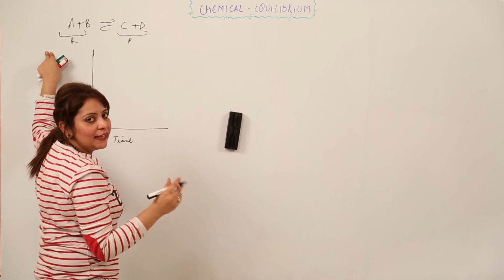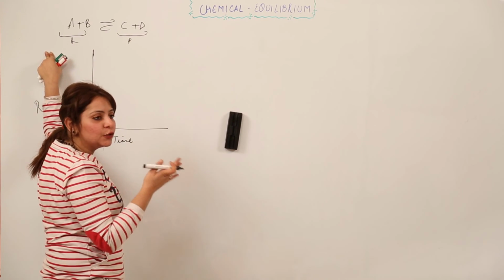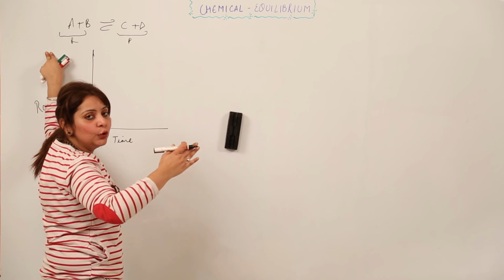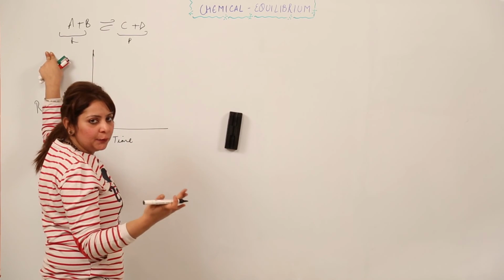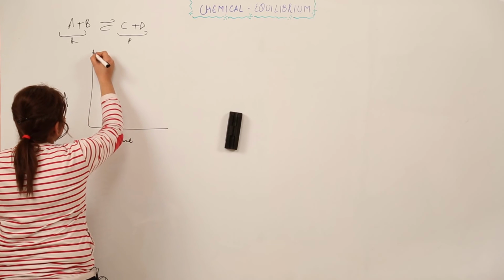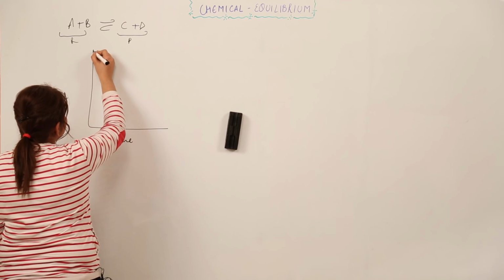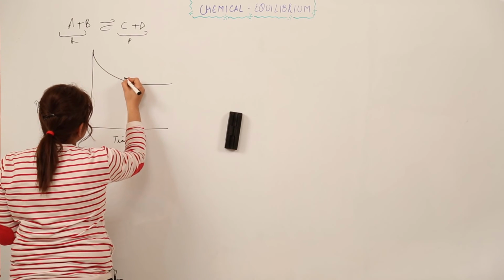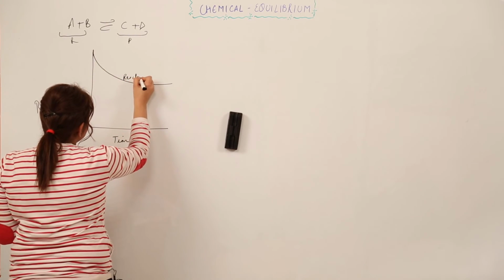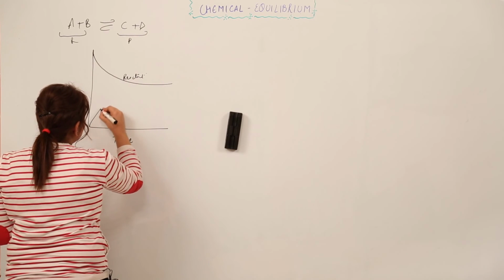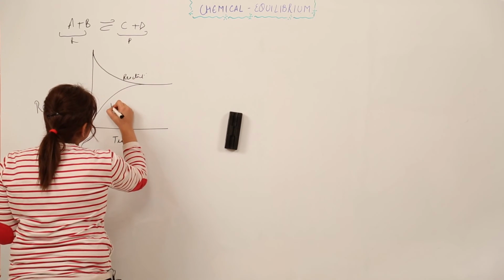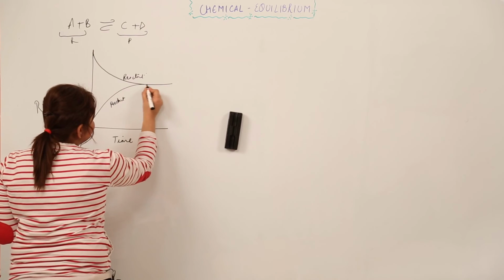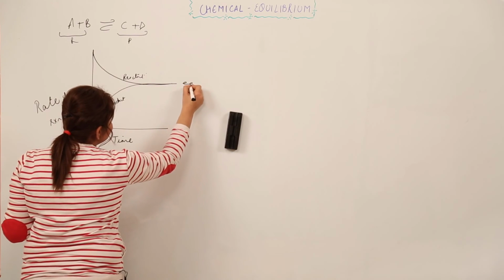Now if I wish to see that the rate of the reaction decreases with time, and we know that the rate of the product increases with time, right? So how am I going to indicate it? I am going to start here for the reactant. That means the rate at which AB decreases is the reactant rate, right? And this is the product, which keeps on increasing, right? So we get this line, which indicates the equilibrium.